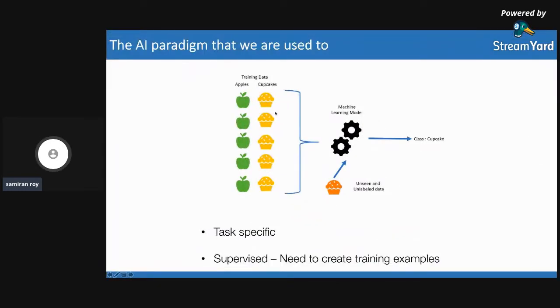So all of us are exposed to this current paradigm of artificial intelligence, which is deeply motivated by deep learning or supervised learning. We have some kind of machine learning model which will learn what its input looks like. For example, in this case, our model will learn what an apple or a cupcake looks like. By learning, it will see a lot of training examples of apples and cupcakes, and later we can show this algorithm a picture of an unknown apple or a cupcake, and it will try to classify it into one of